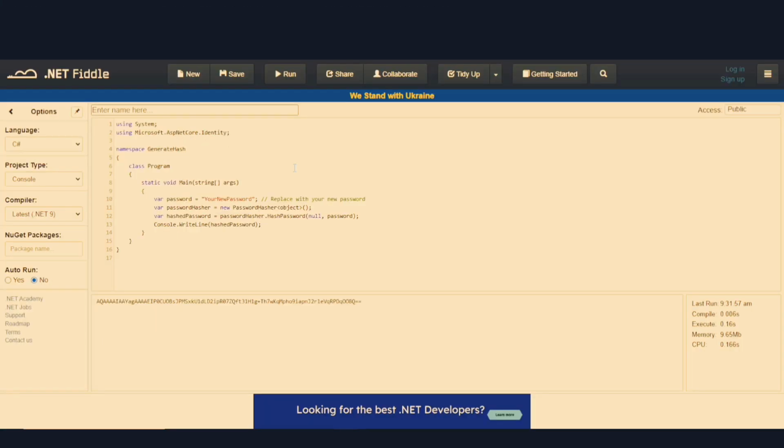Step 2, go to .NET Fiddle.net in your web browser and run the following code. Change your new password to the new password you want to set. This will create a password hash, which we then want to save into the database for your user. So after you've set your password here and clicked run, you can copy and paste the hash, which is outputted